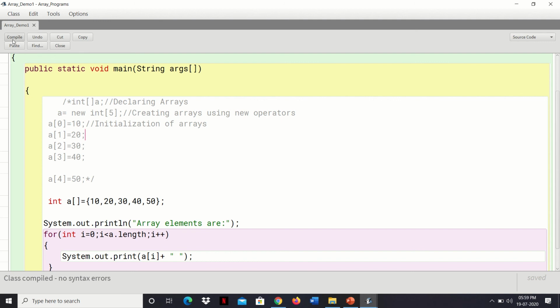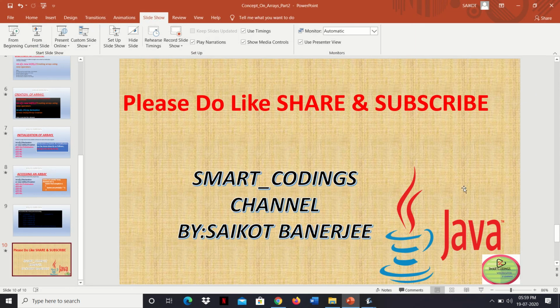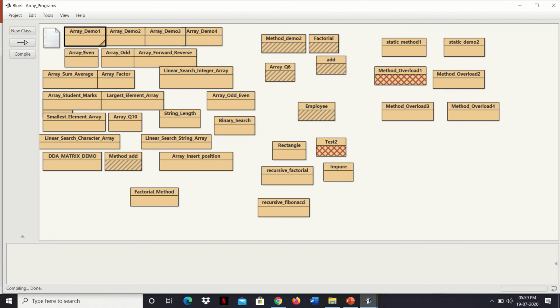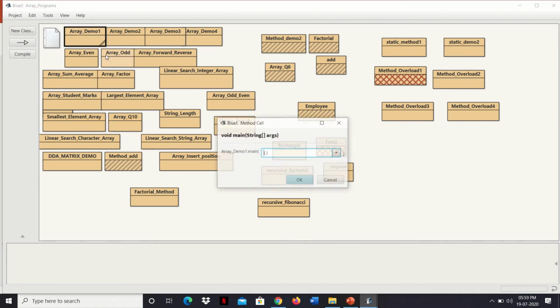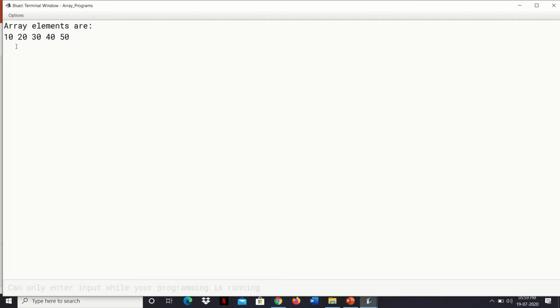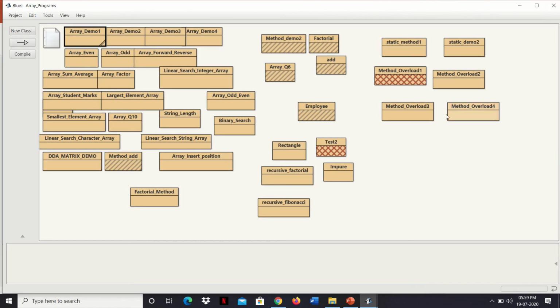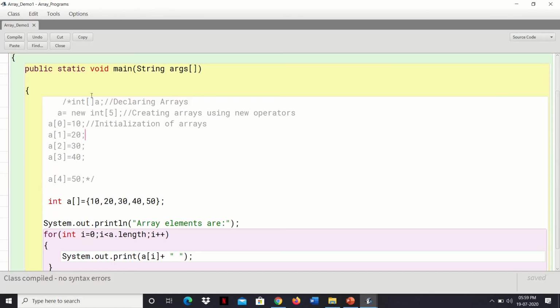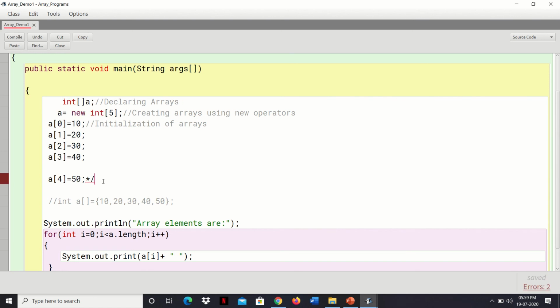So let us compile this code, then close this, then go to this program, main method, enter. As you can see, 10, 20, 30, 40 and 50 are the values over here. Now one more thing to show you, students: once you open this code over here, if I close this one by a comment statement, then if I open this multi-line comment, as I will show you, students,